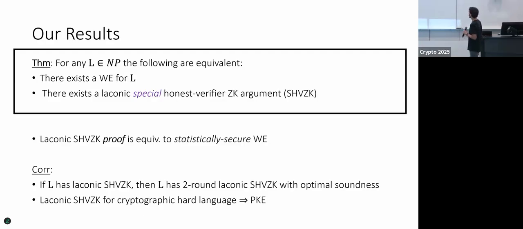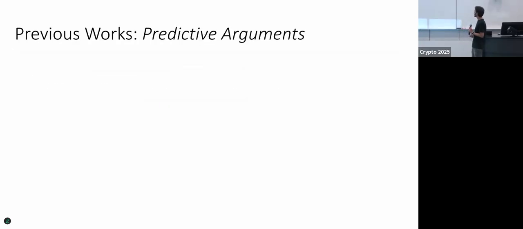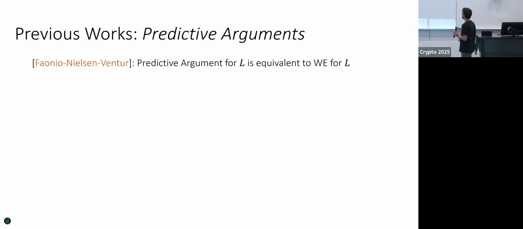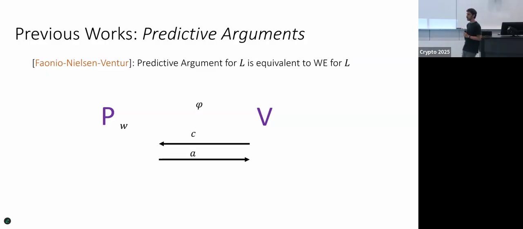Okay, so let me say a few words on previous works. And let me start with predictive arguments. So Faonio et al. showed that predictive arguments for a language L is equivalent to witness encryption for L. So what are predictive arguments? In the rest of the talk, I will only focus on two-round protocols, but basically everything that I'm going to say is true also for